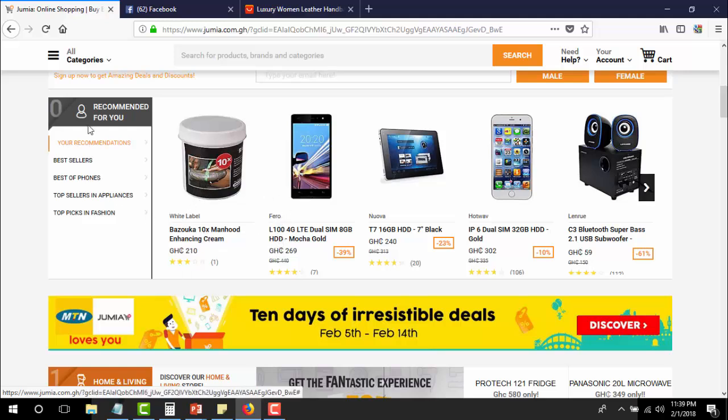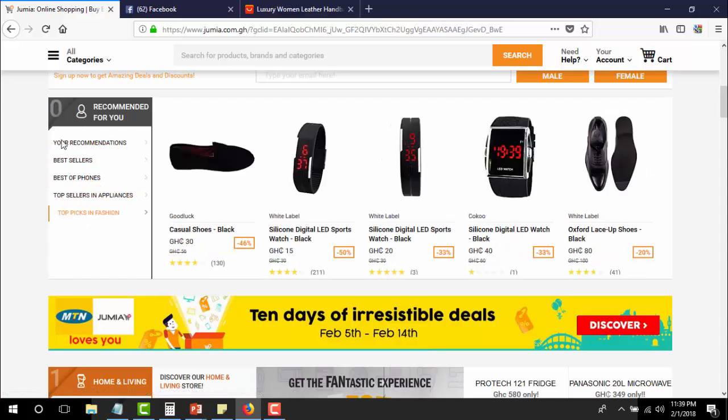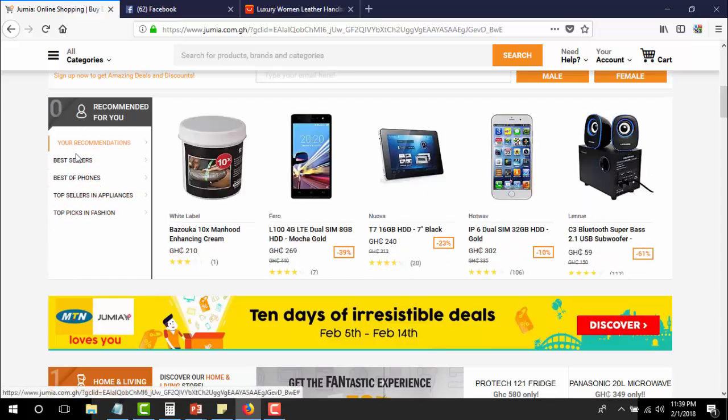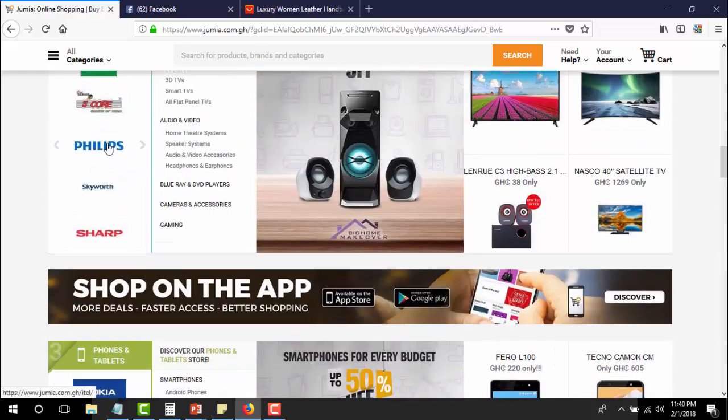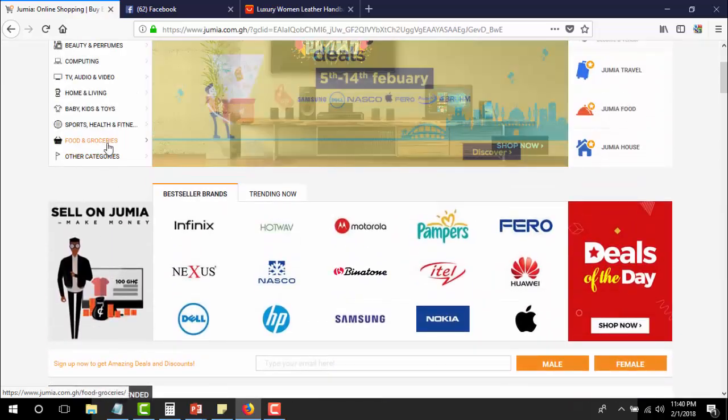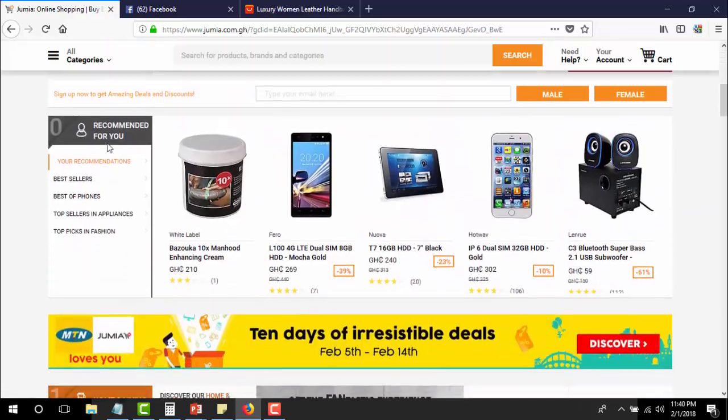So you can see Jumia has categorized the best sellers, for recommendations. They recommend something for you to get. These recommendations are normally things that people are buying a lot. So these are some of the ways you can choose the product. So let me click and get some recommendations